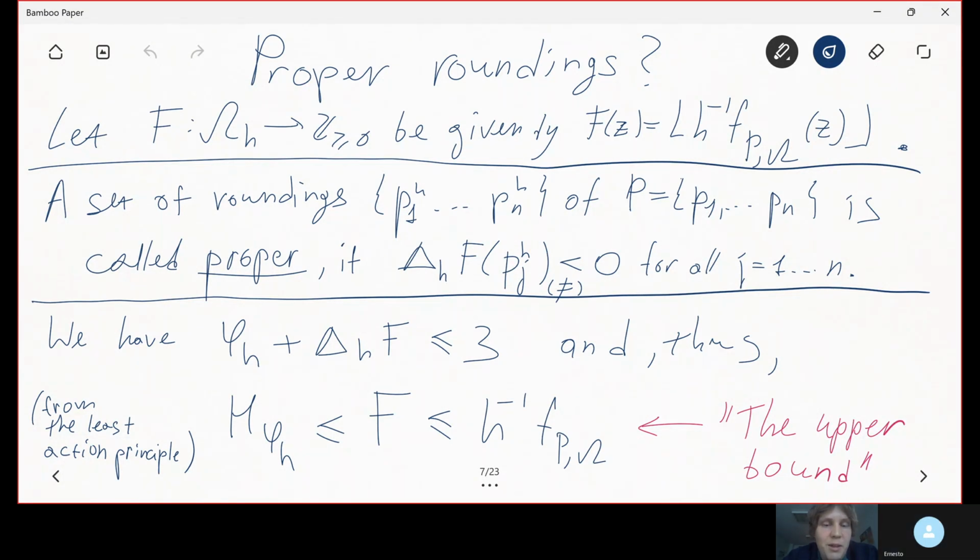What you want is for this big F to be the actual upper bound for the toppling function, and remember that phi h was all three plus the delta function at the points P. And so having something strictly less than 0 guarantees that we are relaxing